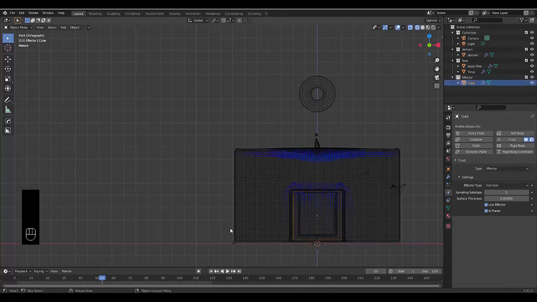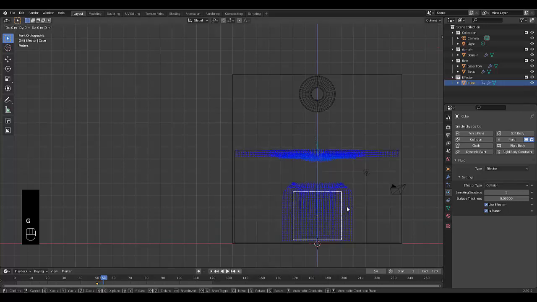So now what I need to do is select my cube over here and go to frame 50, I believe, and press I, location, rotation and scale. Go to frame 55. Press G, Z,